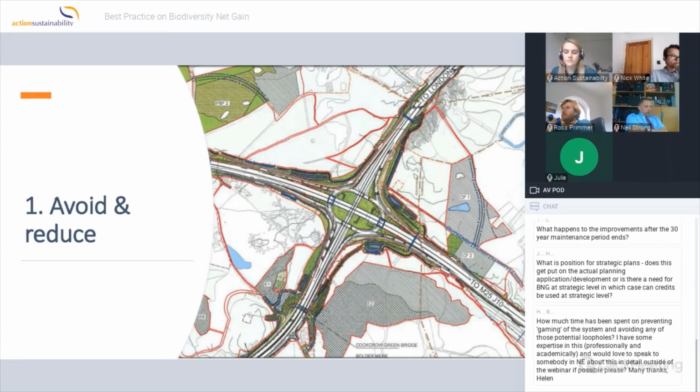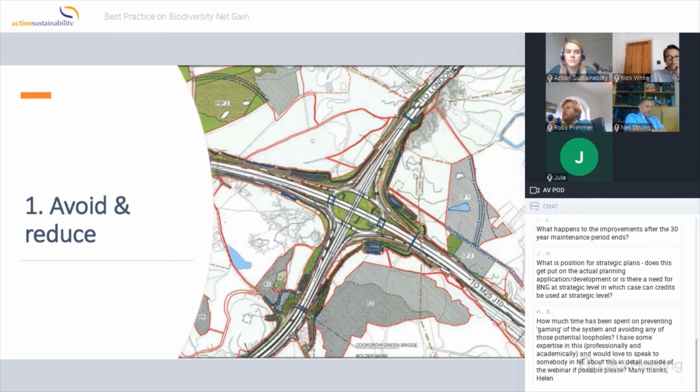Now, I work a lot on transport networks, and we are really fixed in terms of our work location. That's the road that we're either improving a junction on, or that might be the railway. So it's a fixed location, but I'm always incredibly surprised about what we can do when it comes to avoid and reduce. And there's some really practical advice that I want to run through with you.